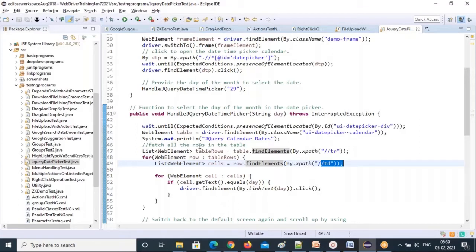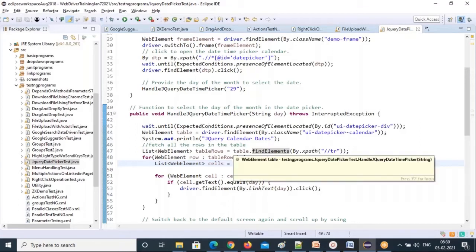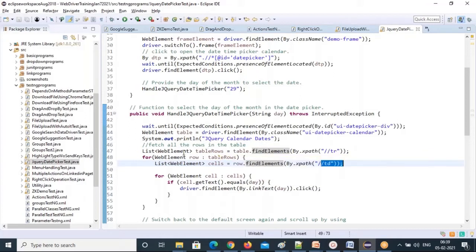This logic we explained in the beginning classes. Do you remember? In a particular parent element, how to fetch child elements. That logic I'm using here. It's the first day's class notes you're using here again. It's not a new thing. The code is the same, but the scenario is different. Now you got all the cells here. Now iterate these cells: for (WebElement cell : cells). If cell.getText() is equal to whatever day you want to select.